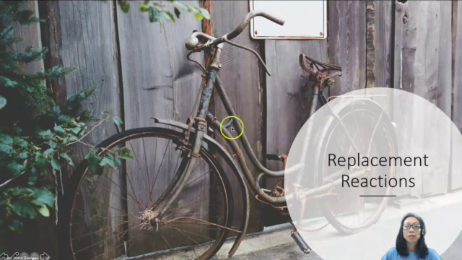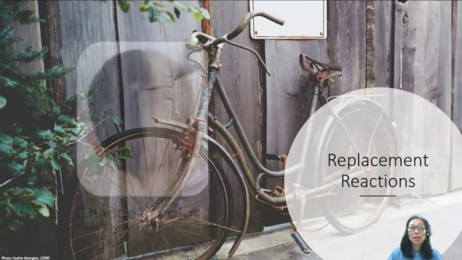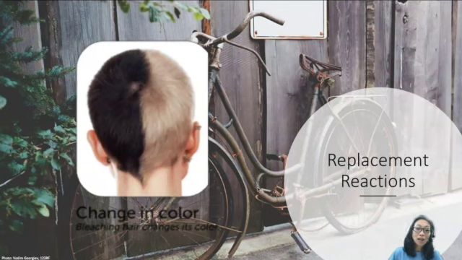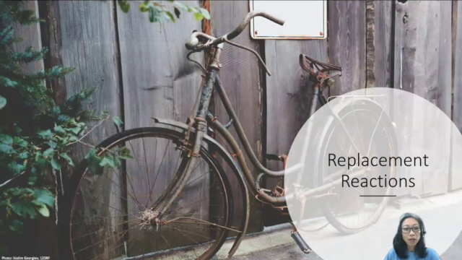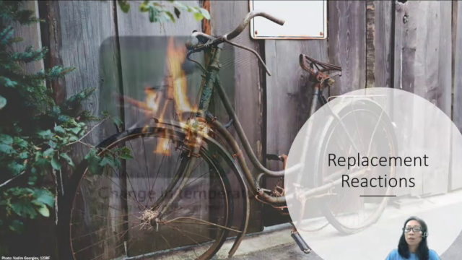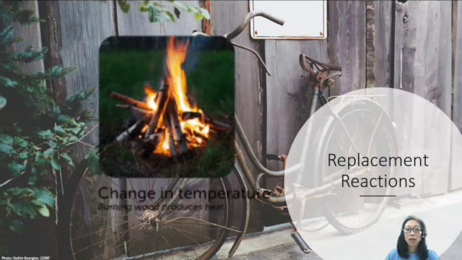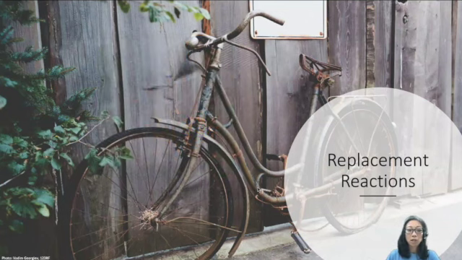Or this bike is a rusty metal bike. When a metal rusts, that's a change. That's a chemical reaction. Color changes are the most common that we'll see in upcoming reactions, like color changes that you might have in your lives are coloring your hair, bleaching, dyeing. That's a color change, and that's a chemical reaction. We've also seen in lab combustion reactions where things are burning, and that's a change, that's a chemical reaction. So these are just a few examples of the changes you see on the macroscopic scale every day. And so chemistry is going on around you every day.